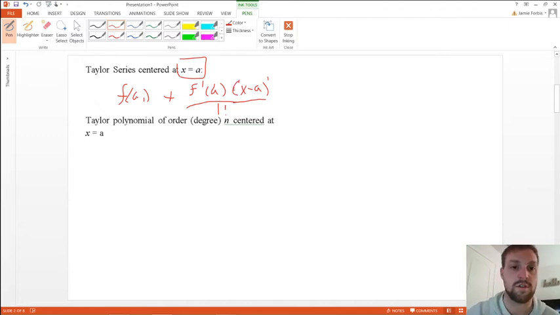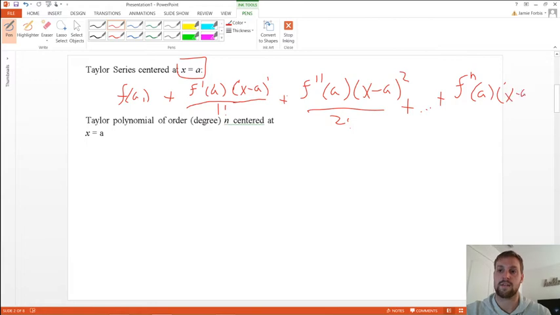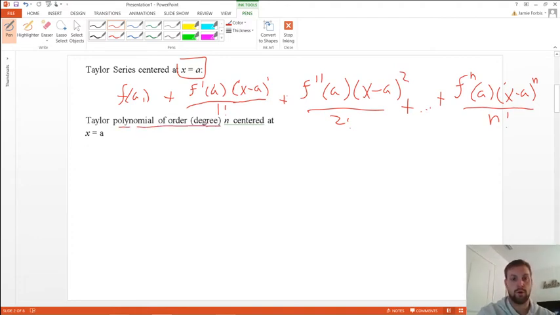Okay, so we got a new center. The center's not at 0, it's at a. So plus f double prime of a, and then x minus a squared over 2 factorial. You see the difference. This is no longer 0, it's just a. And then plus dot dot dot. The pattern looks like f to the n, still the nth derivative, but instead of 0, it's a. Instead of x to the n, it's x minus a to the n, and it's still all over n factorial. A Taylor polynomial of degree n centered at x equals a is given by